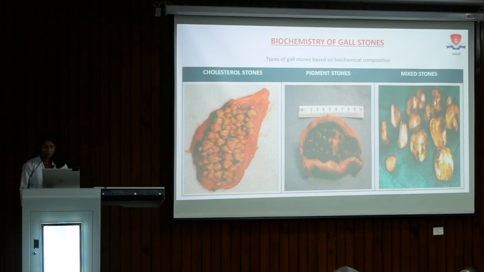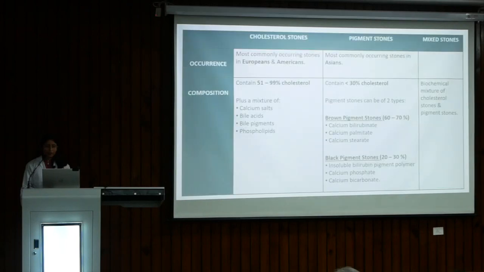Biochemistry of the gallstones. There are three types of gallstones based on their biochemical composition. They are cholesterol stones, pigment stones, and mixed stones. The cholesterol stones are the most common stones in the European population, and pigment stones are the more commonly occurring stones in the Asians. The cholesterol stones contain 51 to 99% of the cholesterol plus a mixture of calcium salts, bile acids,